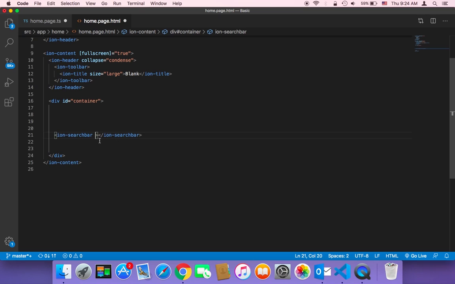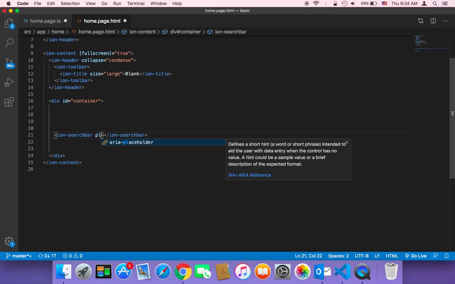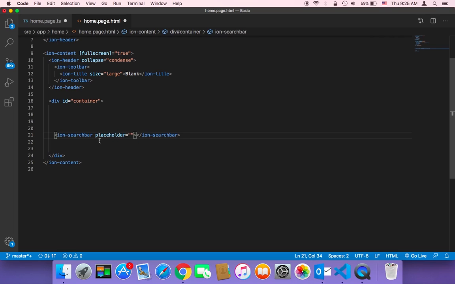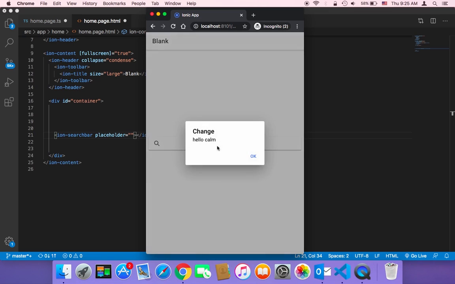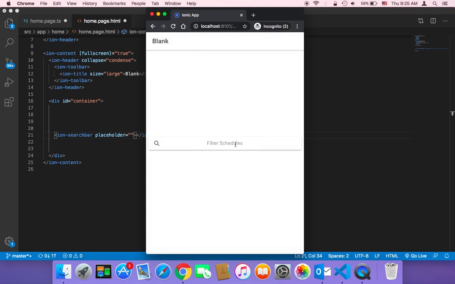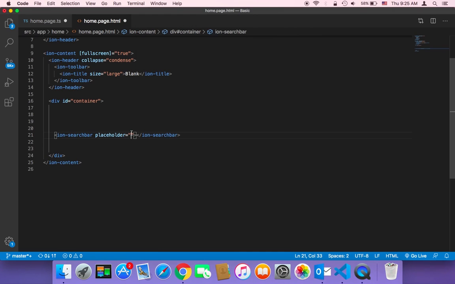The first attribute that we want is the placeholder, and the placeholder is just going to tell the user what to type. For example, the username, the search keyword, the password, and I'm going to show you what that means now. So the placeholder is this word, filter schedules. This is the placeholder. It just gives the user an idea of what the user should type here in this search bar. Let's say here smartphones,